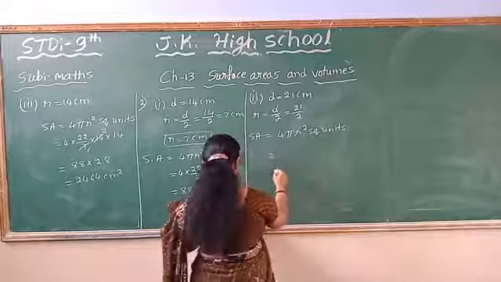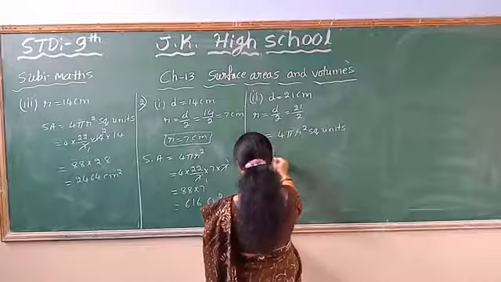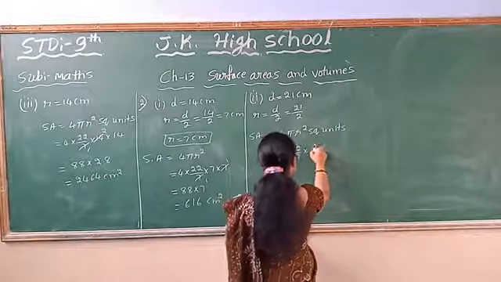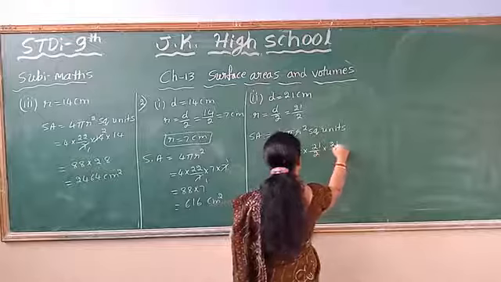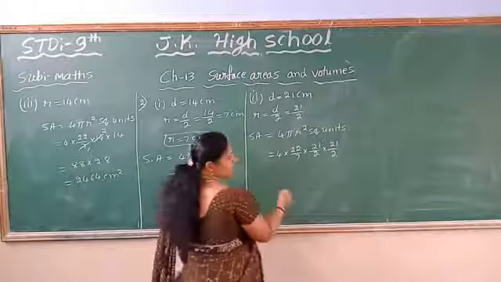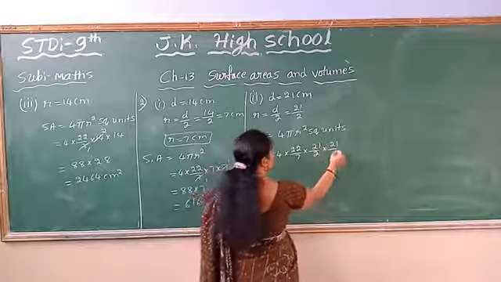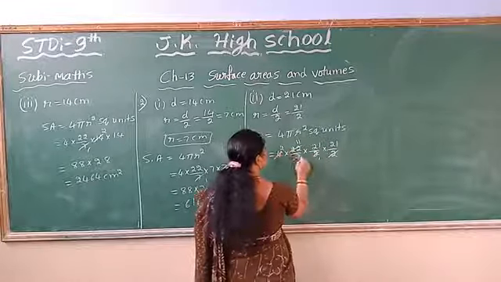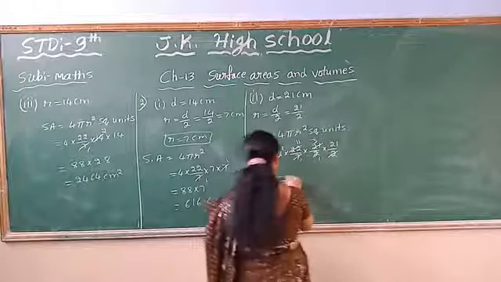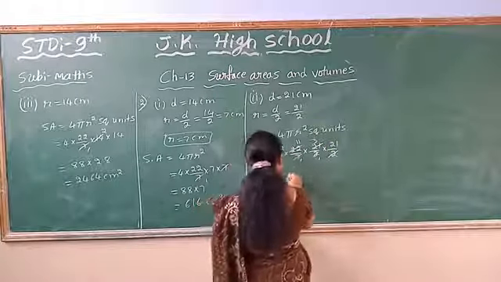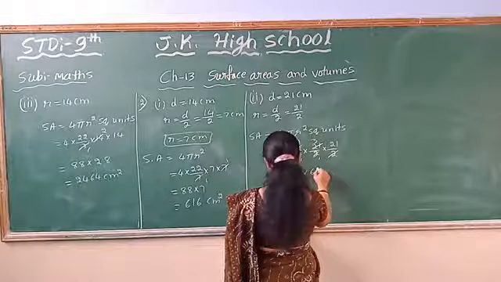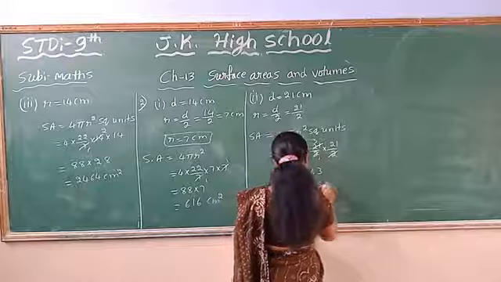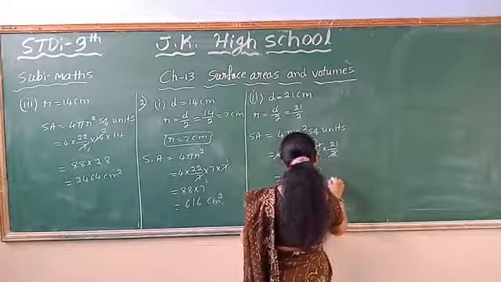Then this is equal to 4 pi r square meters. 4 into 22 by 7, this is equal to 21 by 2 into 21 by 2. To simplify it becomes easy, as it is, you keep the radius. 2 11s are 22, 2 1s are 2, 7 1s are 7, 7 3s are 21. Then after simplification, you multiply and simplify. You will get 1386 centimeters square.